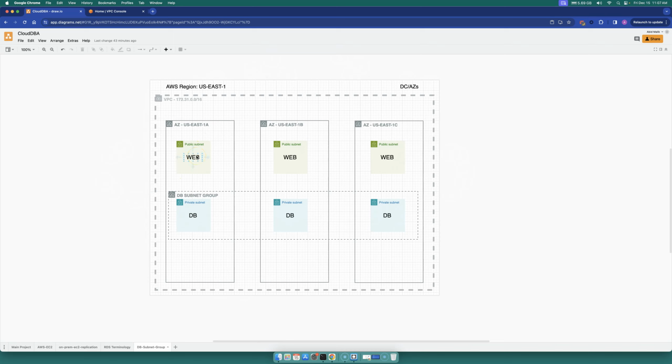Now, we attach routing tables to these subnets so that the resources within these subnets can communicate with each other and to the outside world if they need to. Any subnet that wants to communicate with the internet, we can call a public subnet, and any subnet that doesn't have to be exposed to the outside world is called a private subnet. We create web servers in the public subnets,